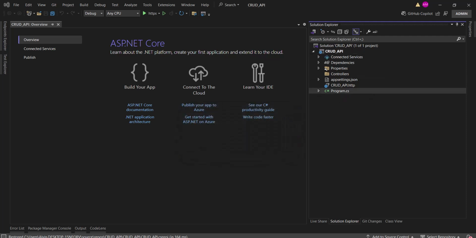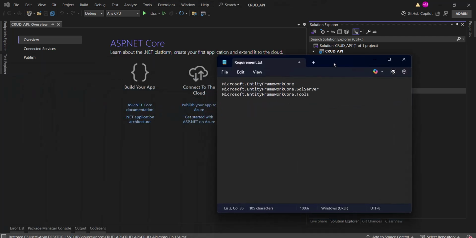And we are going to use Entity Framework Core in our web API as a database framework to connect to our SQL Server Express. And it means that we need to install these 3 packages. There's Entity Framework Core, and because we are using SQL Server, we need to install Entity Framework Core SQL Server, and we need to add the Entity Framework Core Tools in here to add a migration or